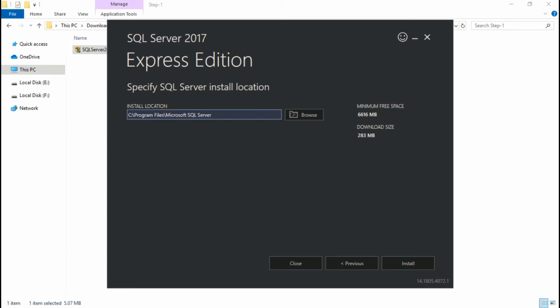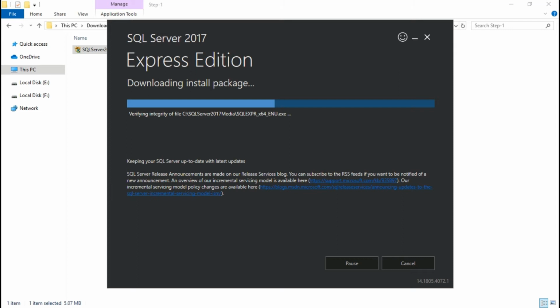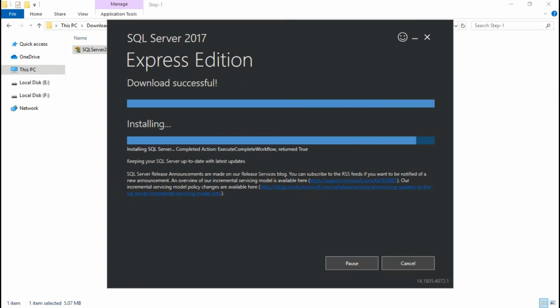Installation location we don't need to change, remain as is. Click. Now the download gets started, and once the download is complete, installation will start. We don't need to do anything. This will take care automatically.